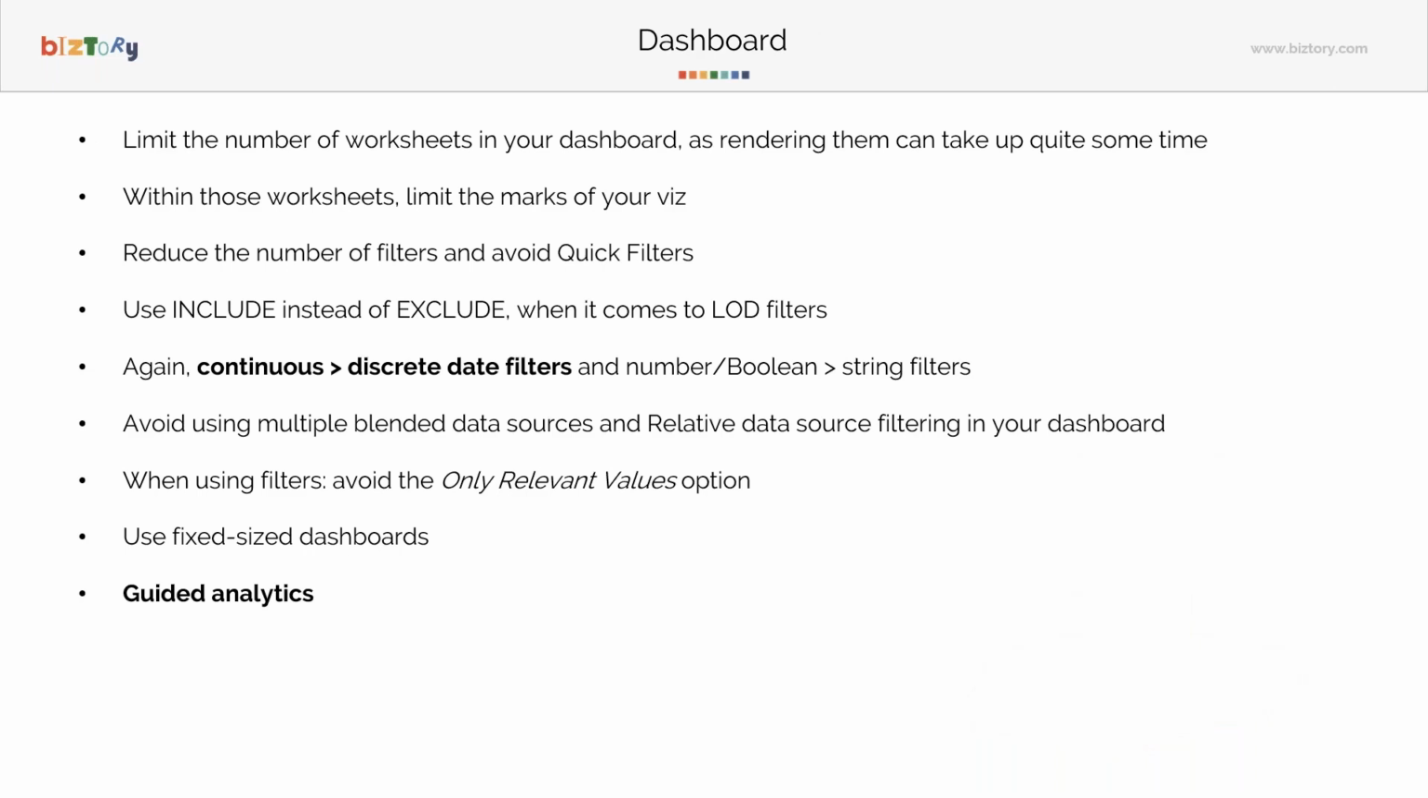And this is all text, I know, but these are just some general tips that I'm going to give when it comes to dashboarding. When you're creating a report and you have your dashboards, try to limit the number of worksheets in your dashboards, because with an increasing number of worksheets in your dashboard, not only are you firing several queries to the database,